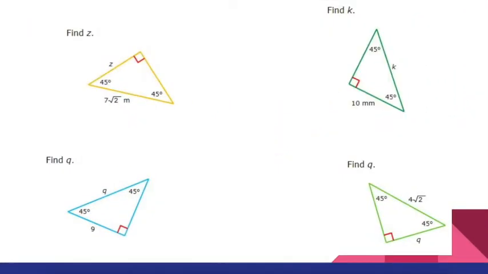Welcome to Dr. G's Technique of the Week, Geometry Edition. Today we're going to be reviewing special right triangles and then utilizing special right triangles to solve some fun little geometry problems. So to start off, let's look at